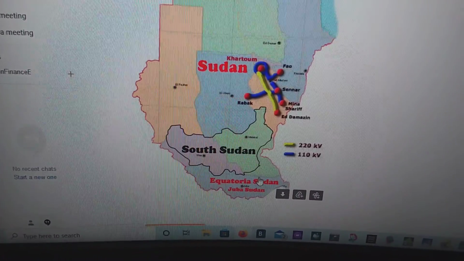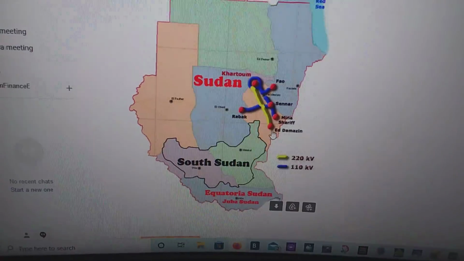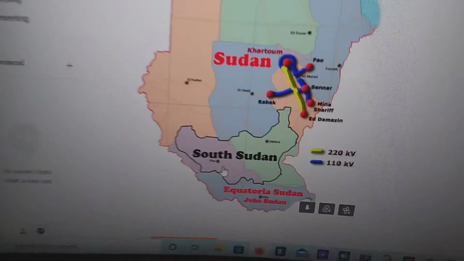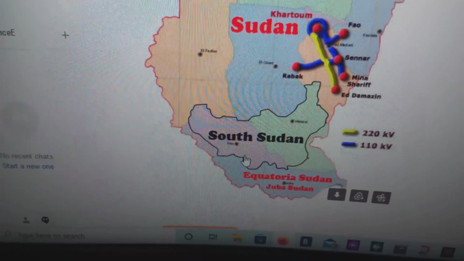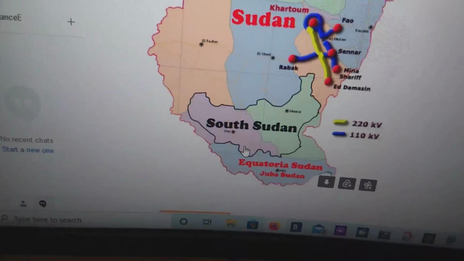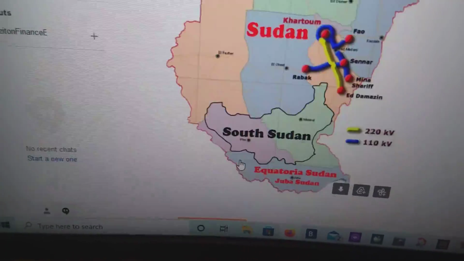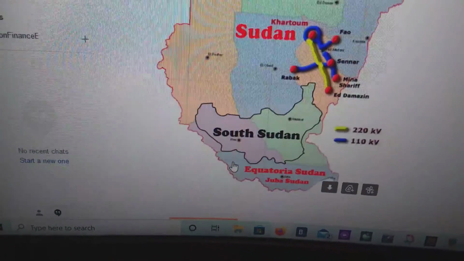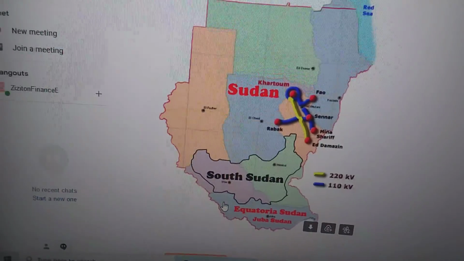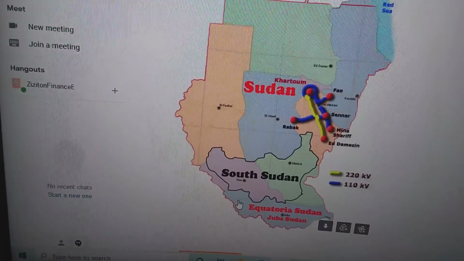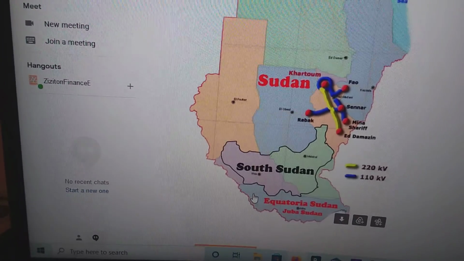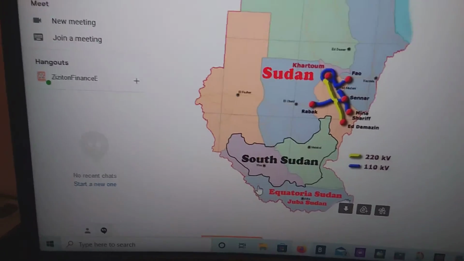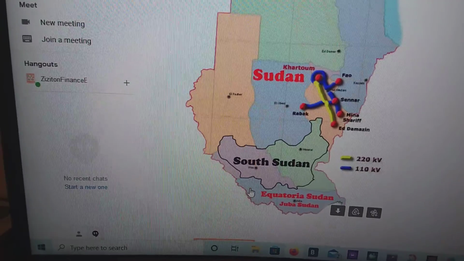Here you can see Equatoria opening way up to this line here, going to Sudan. South Sudan is also there, protected and tactically marked in the middle, but it has no outside border to Ethiopia, Uganda, Kenya, Eritrea, Saudi Arabia, Egypt, Libya, Chad, Central Africa, or DRC, Zaire. So it's in the middle as South Sudan.